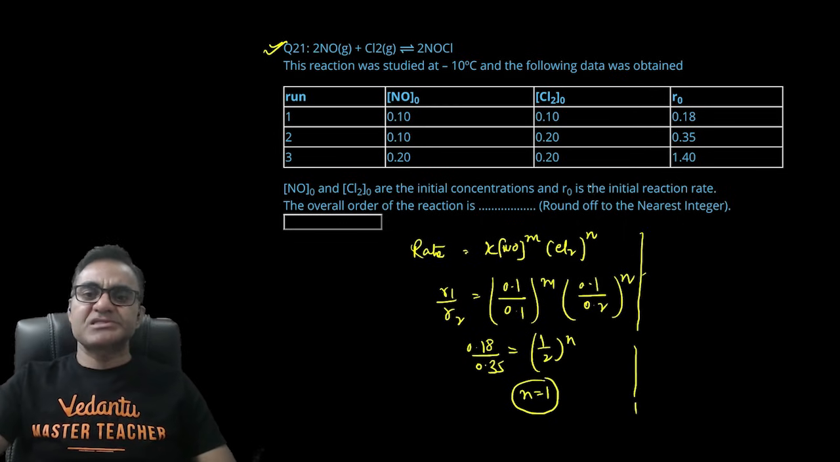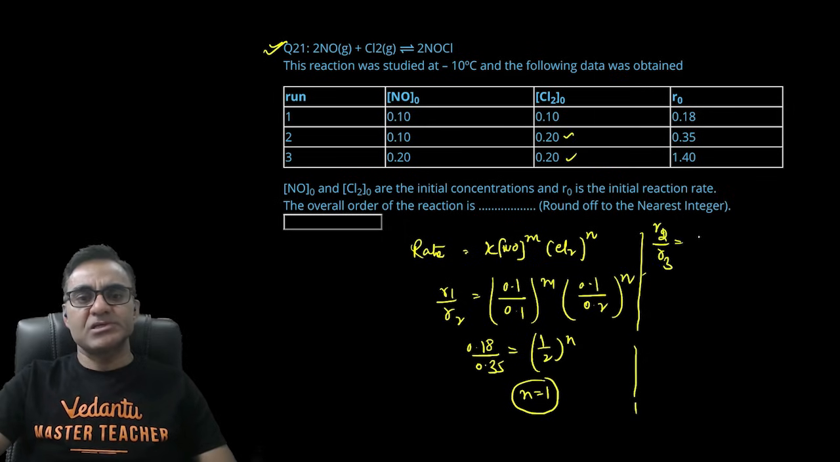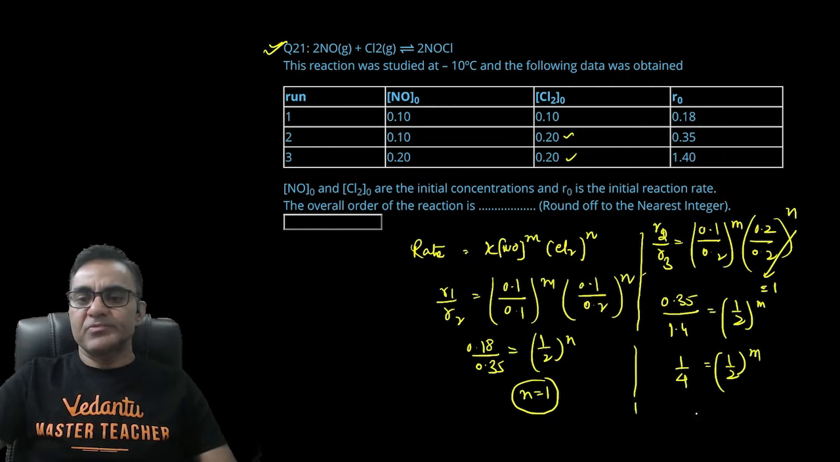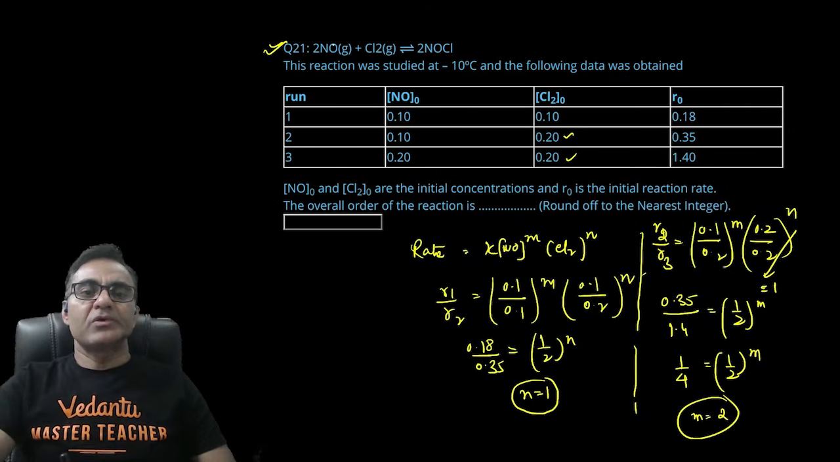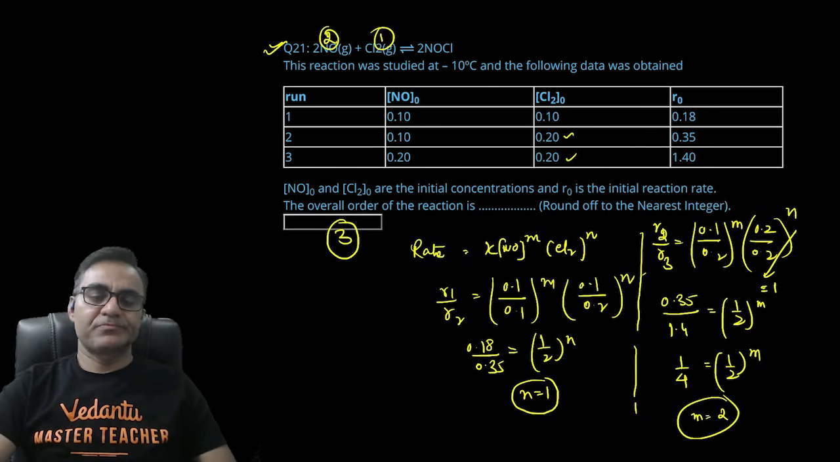नाउ इफ आई पिक अप सेकेंड एंड थर्ड एक्सपेरिमेंट जहां पे क्लोरीन की कॉन्सेंट्रेशन को कांस्टेंट किया है, तो R2 अपॉन R3 कैन बी रिटन एज NO कॉन्सेंट्रेशन 0.1 अपॉन 0.2 रेज टू द पावर m, और ये तो सेम है, तो 0.2 अपॉन 0.2 रेज टू द पावर n, ये तो वैसे ही 1 हो जाएगा। ऑलराइट, तो ये है 0.35 डिवाइडेड बाई 1.4 मस्ट बी इक्वल टू 1 अपॉन 2 रेज टू द पावर m, ये भी 1/4 is equal to 1/2 raised to the power m, that means m is equal to 2। तो NO के रिस्पेक्ट में ऑर्डर आ गया 2, क्लोरीन के रिस्पेक्ट में ऑर्डर आ गया 1, ओवरऑल ऑर्डर हो गया 2 + 1 दैट इज 3। तो इस क्वेश्चन का आंसर हो गया 3।